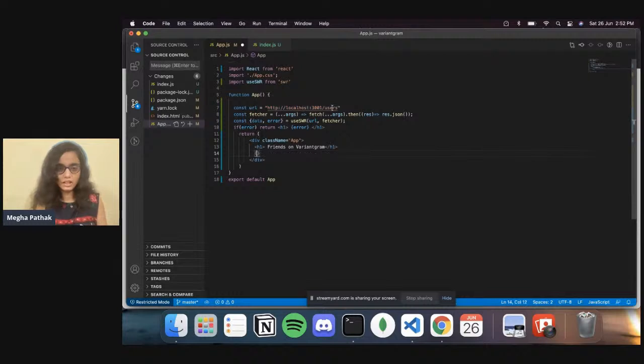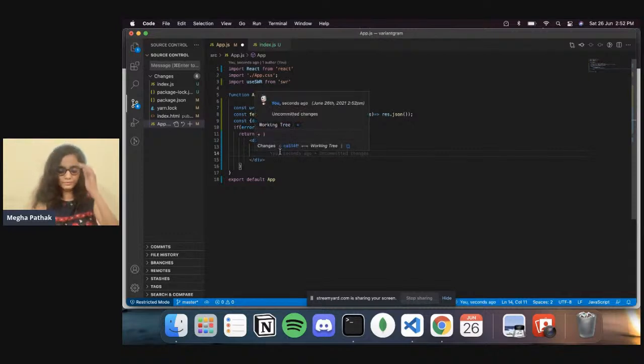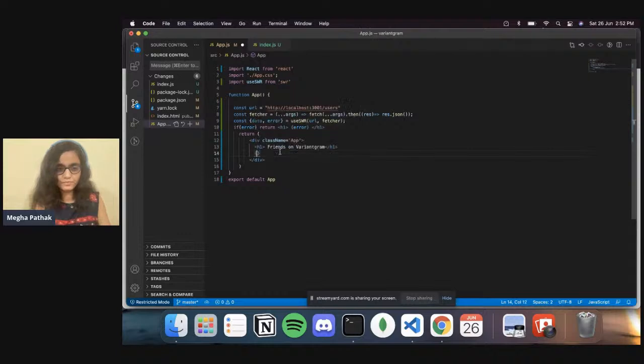So we will have a ternary operator here that says if we have data, then data should be mapped